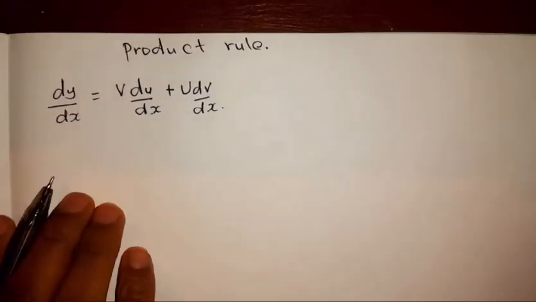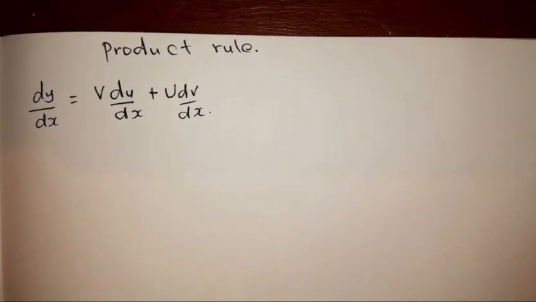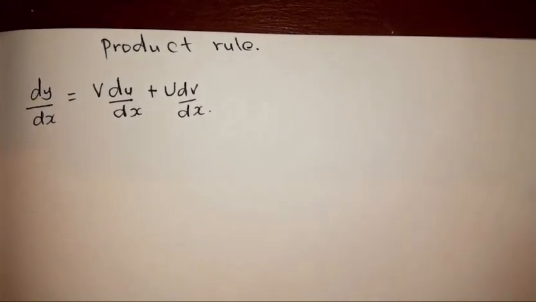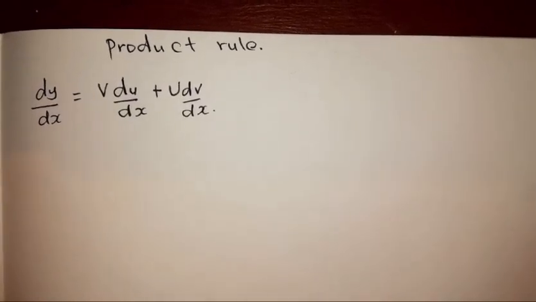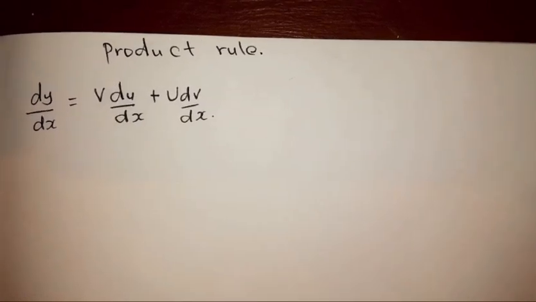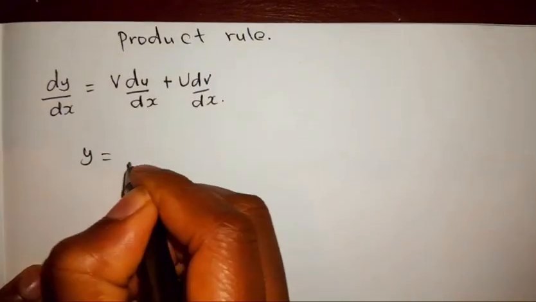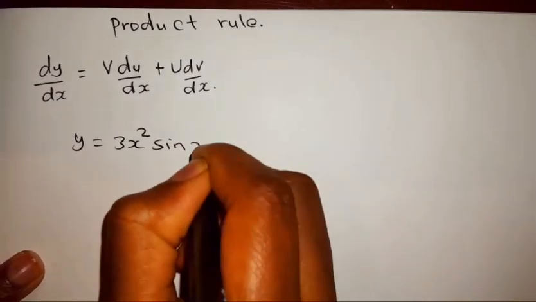The method is: dy/dx is equal to v du/dx plus u dv/dx. For example, when given a function like y equals 3x squared sine x,